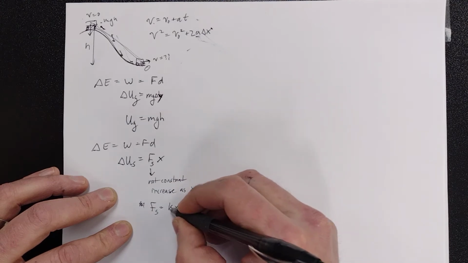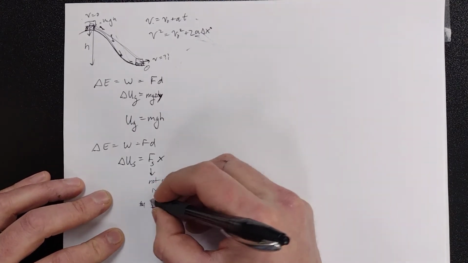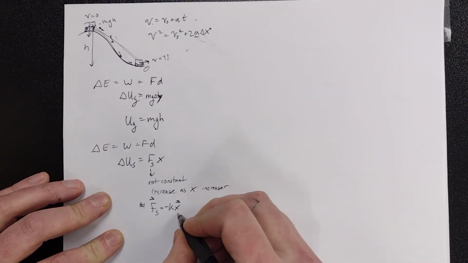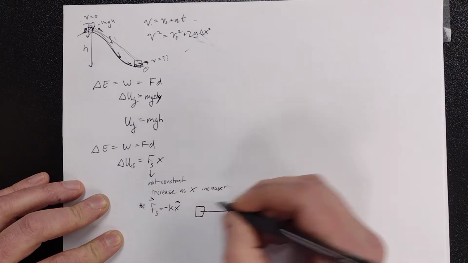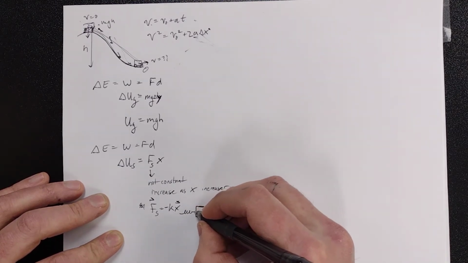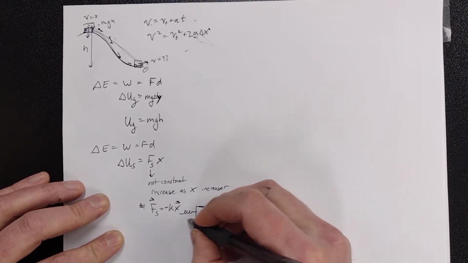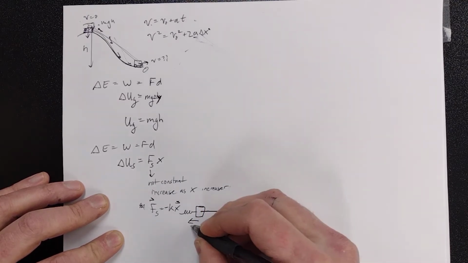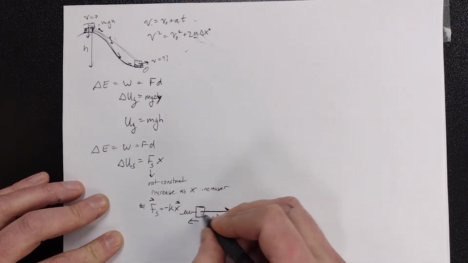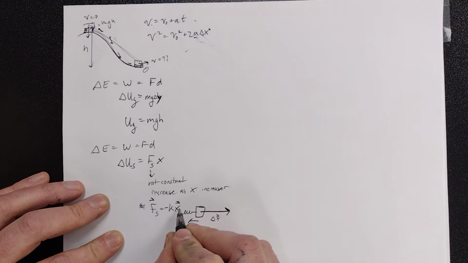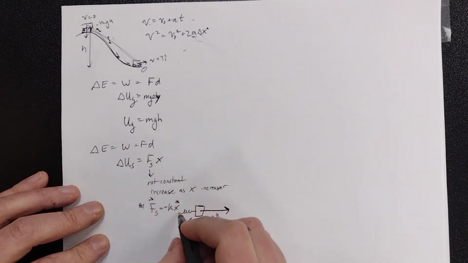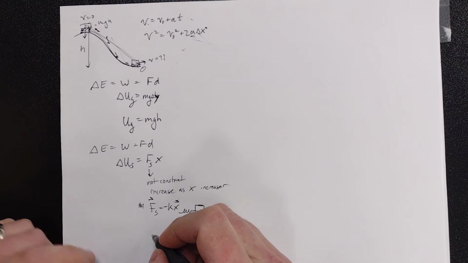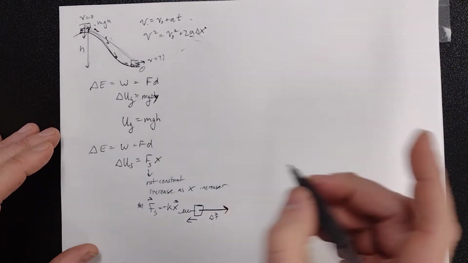Fs equals kx, actually negative kx, because, believe it or not, this is a vector quantity. If an object is here and the spring's over here, and you displace it this way, the force of the spring is opposite the displacement vector. So it puts a negative sign there: if delta x is positive, then the force is negative. If delta x is negative, the force is positive. The problem here is this variable is changing, and you realize this might involve some calculus, and it does, which we'll get to later on, or